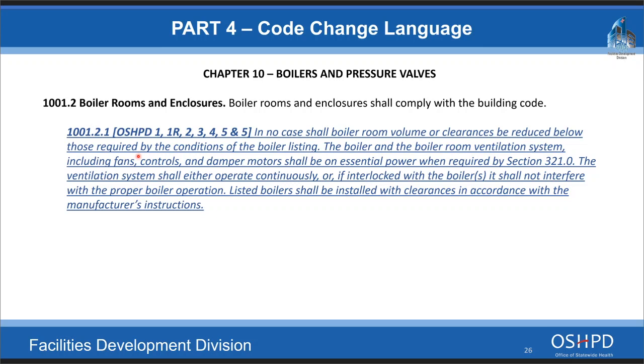When we're reviewing projects, we don't see boilers going in that are not listed. They're all listed. Essentially, we're looking for a safe installation that's not overly burdensome, and that the designer and construction crews install per the listings for this type of equipment. That's all we're looking for here. So hopefully this will be helpful and easier for everybody. Next slide, please.